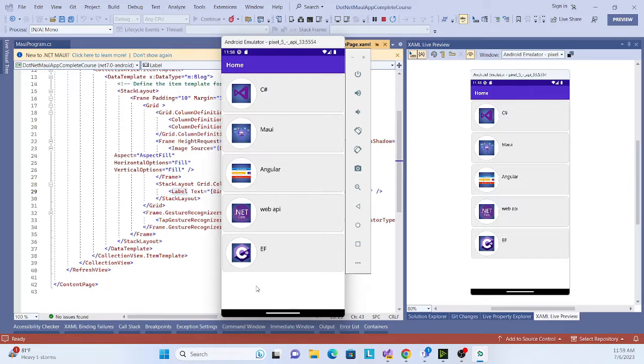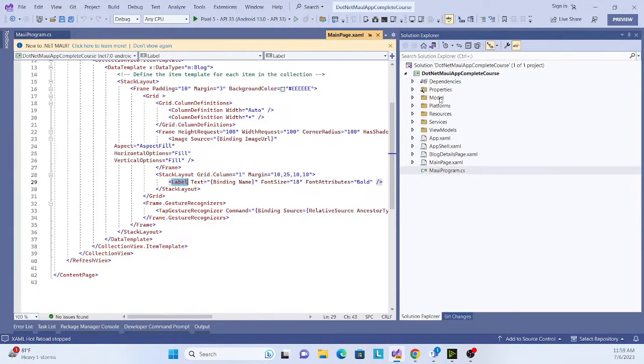We'll implement everything from scratch. There is also another feature coming next: once I click, it navigates to the detail page. Then next I'll show you the navigation menu as well. So everything we will do in this .NET MAUI series. So let's get started. Close everything and stop your application,